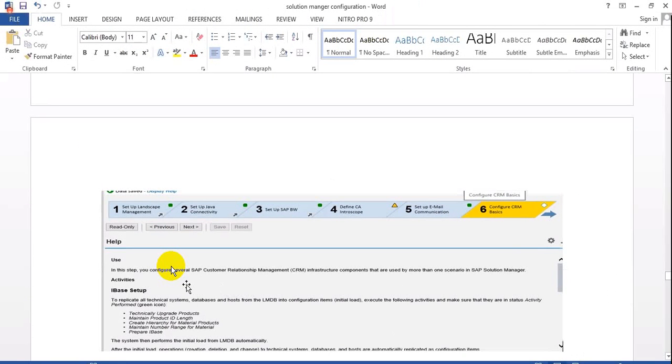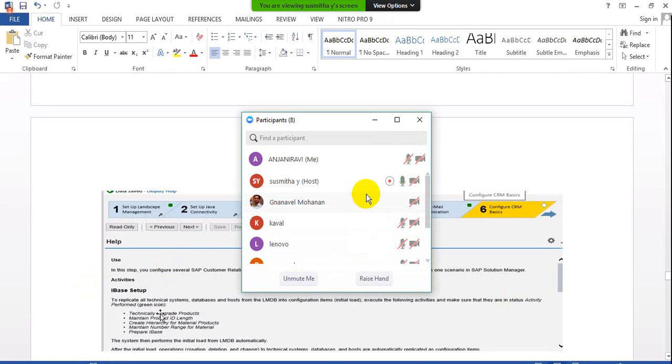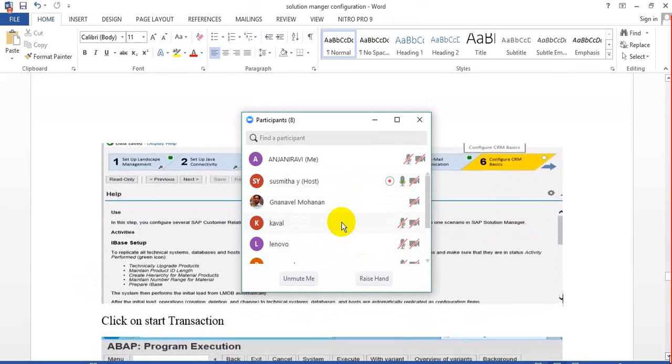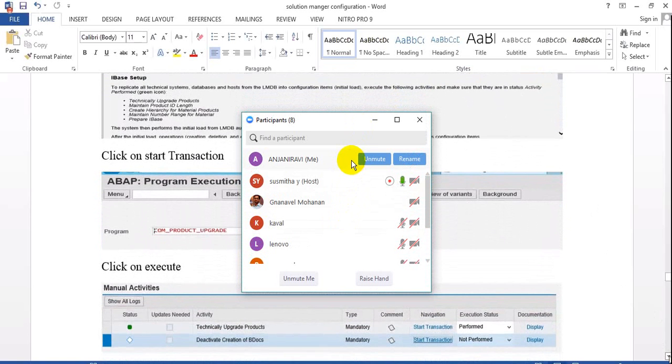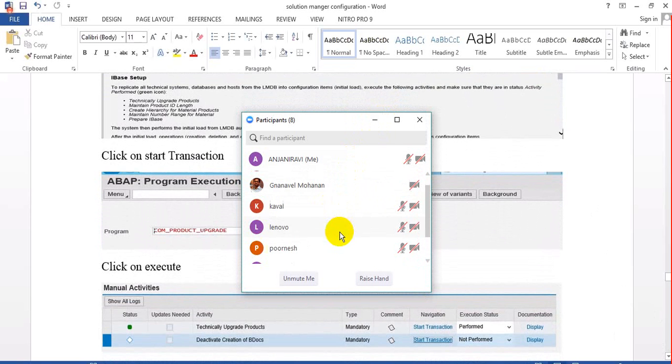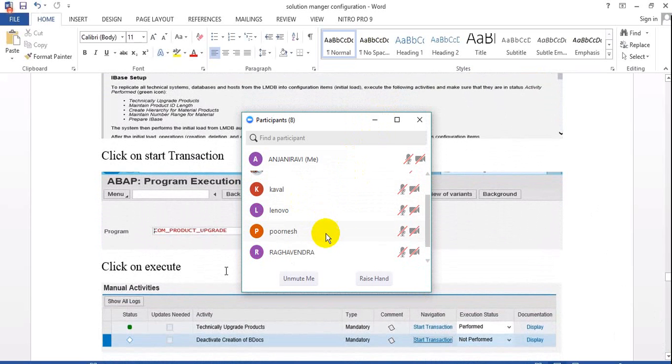In this step, we have to configure several SAP Customer Relationship Management infrastructure components that are used by more than one scenario in SAP Solution Manager. This is the activity we have to perform. Everything. There is a manual activity. Click on transaction. Only in the documentation will it tell you what program you have to run and what activity you have to do. Just remember, proceed further,